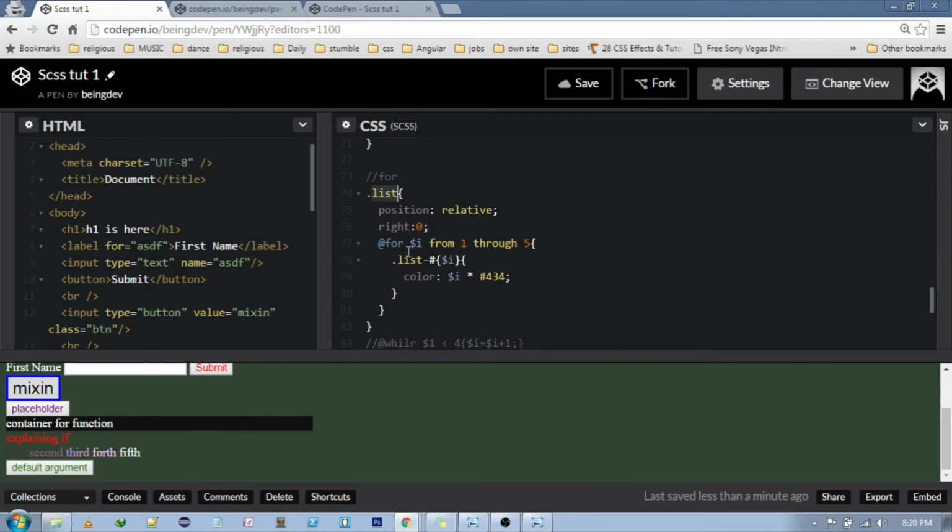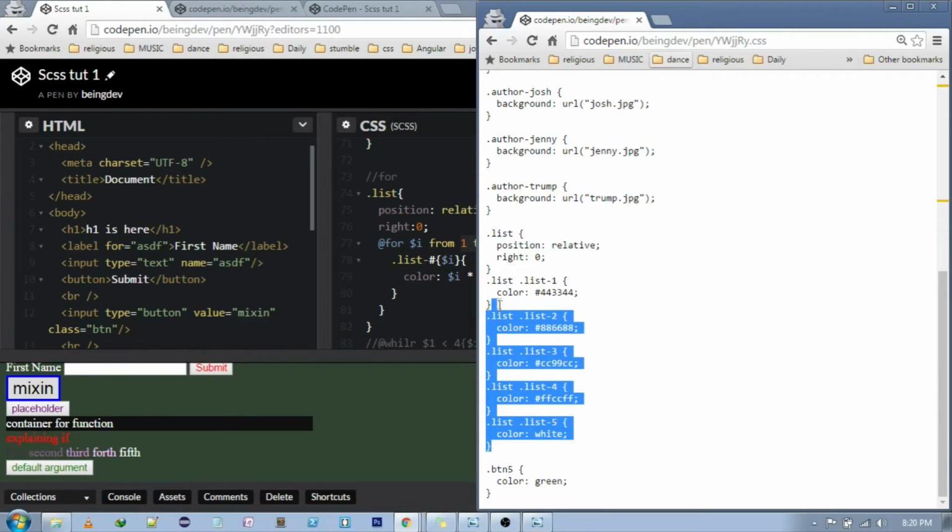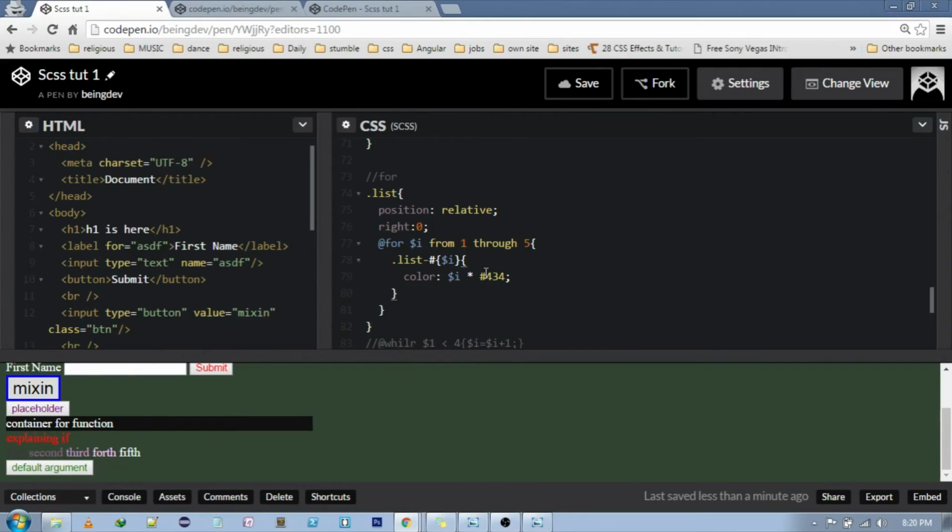Let's say in that list only. No, this is another class, another list class that I have defined, and in that we are iterating for i for value from 1 to 5, and for that value it will iterate, and here is the result. See, what I have done is I have defined a color, and then I am lightening that color with the value of i by multiplying. So here is the result. Here is first, and then second, third, fourth. You can see the color difference. Okay,